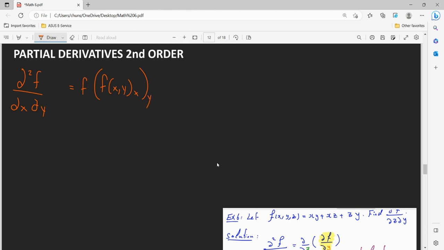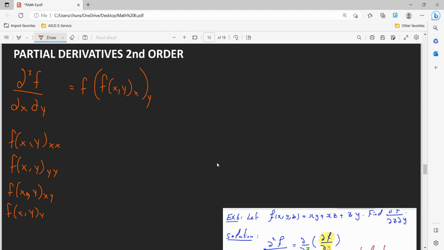So that's kind of like a shelled operation. That's one way to define it. There's some other notations that look like this. So you could do with respect to x, then x again. You can do with respect to y, then y again. And you can do with respect to x, then y,